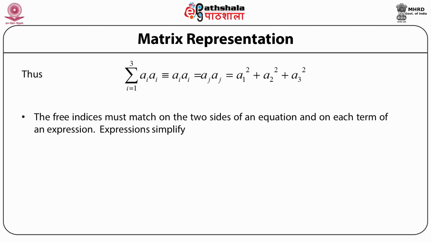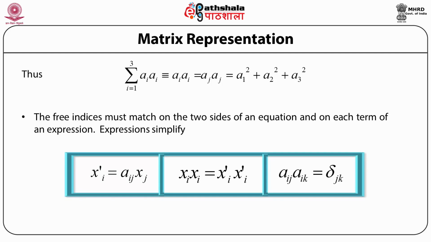So the free indices on both sides must match in the equation and in each term of an expression. So the expression can then be written as x prime subscript i is equal to a subscript i j times x subscript j. So similarly, if we write x subscript i times x subscript i, then this can be written as equal to x prime subscript i times x prime subscript i, and this is because if we write